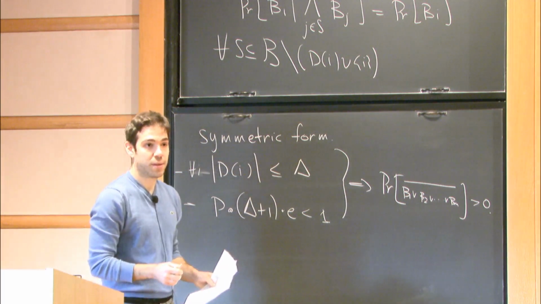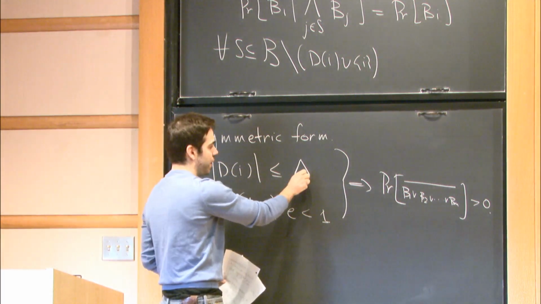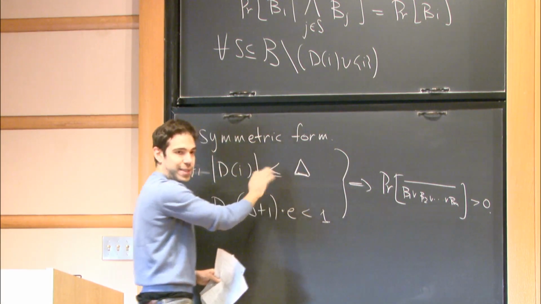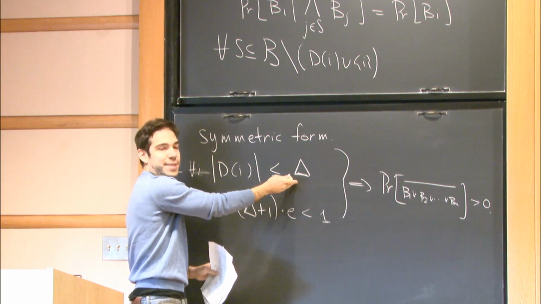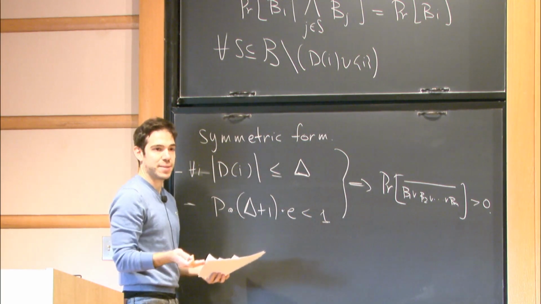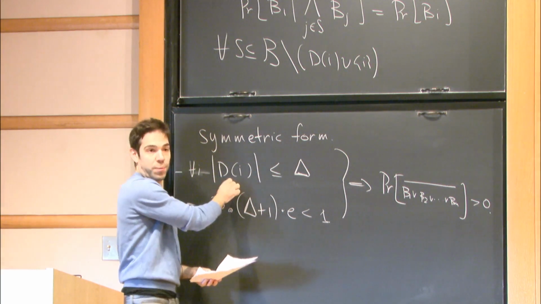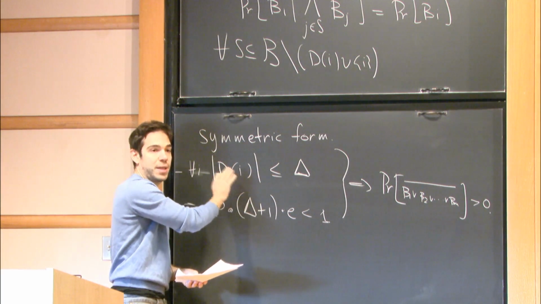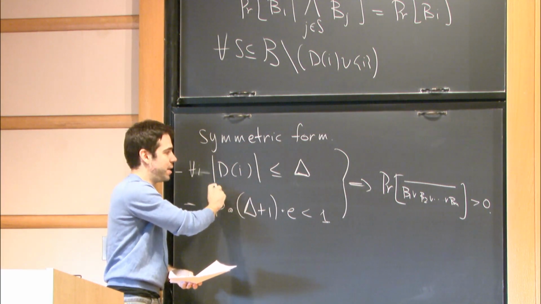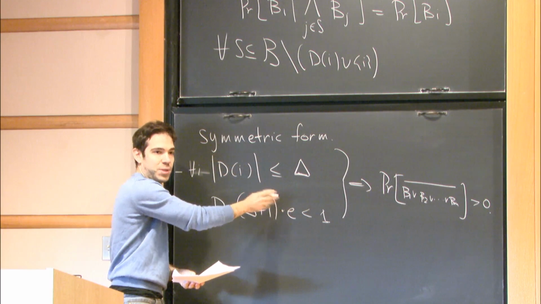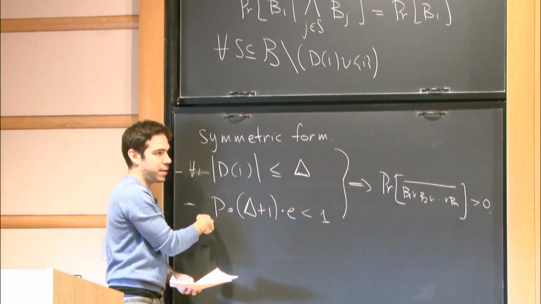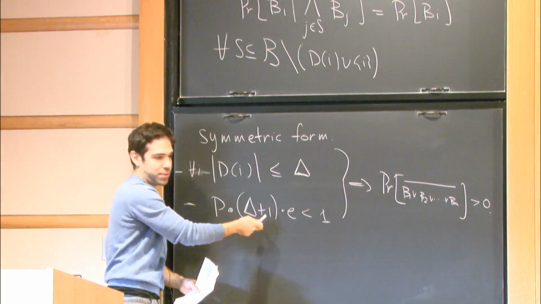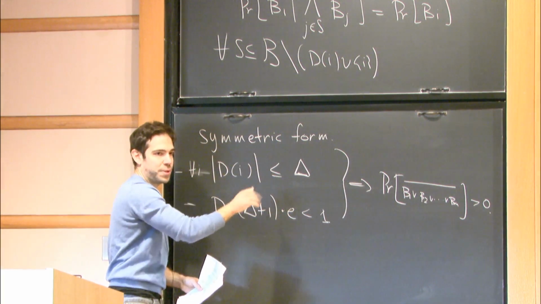What is delta? Delta here is a number that you give as input to the theorem. And basically, it's a bound on the number of dependencies. I'll give an example, but if you somehow can ensure that each bad event does not depend on too many other bad events, so let's say at most delta, and p, remember p is the maximum probability over the bad events, times (delta plus 1) times e is at most 1, under those two conditions,